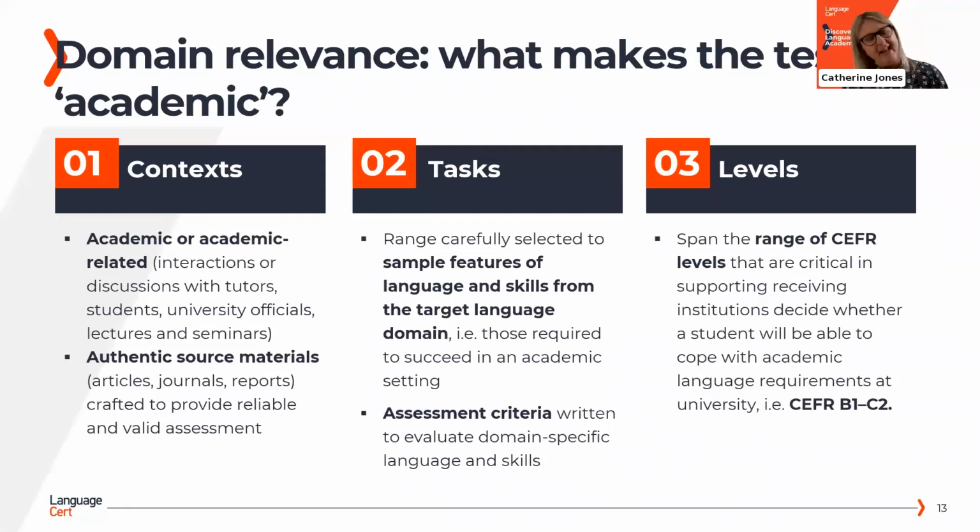What makes LanguageCert Academic academic? So this is just to outline the 3 main strands or pillars to what make this test academic. So the context, academic or academic related context. These include discussions with tutors, students, university officials, lectures, seminars, all the day-to-day interactions you'd expect at university. We've taken authentic source materials, the kind of stuff that students are going to encounter, articles, journals, reports,